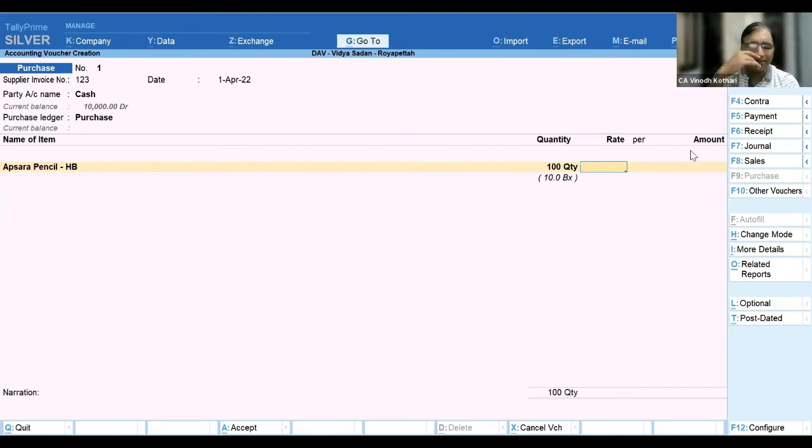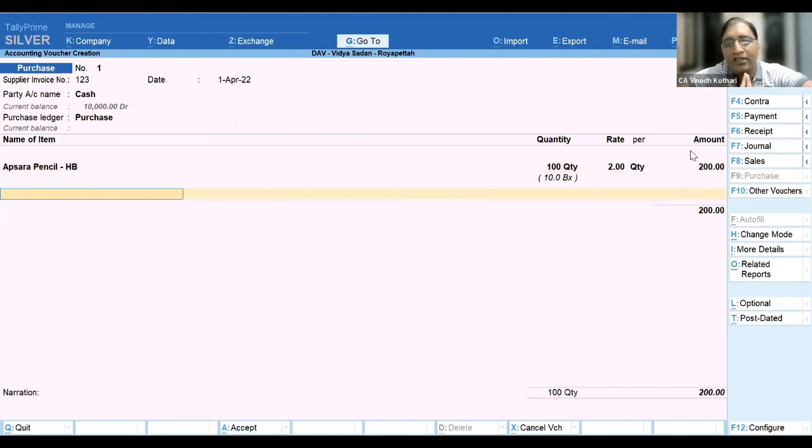So what is the rate? If you are unable to identify the individual unit rate, nothing in your bill, your rate will be there for the total 10 box. Assume that it is 200 rupees. One box is 20 rupees. So 100 pencils, assume it is 200 rupees and then press enter. Automatically, you will get the rate. This is your purchase